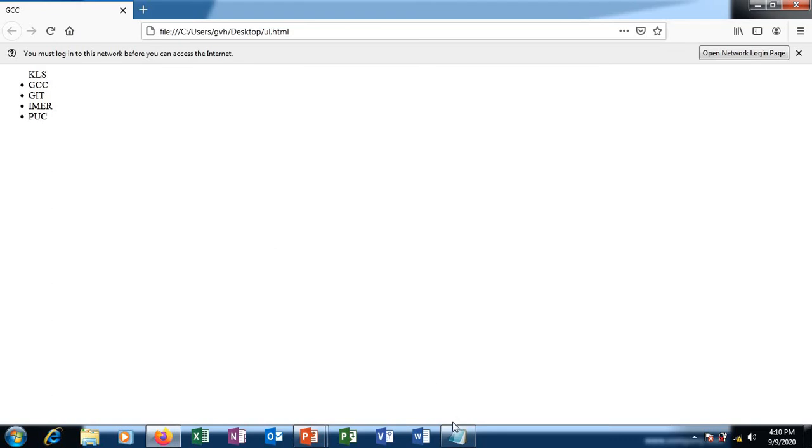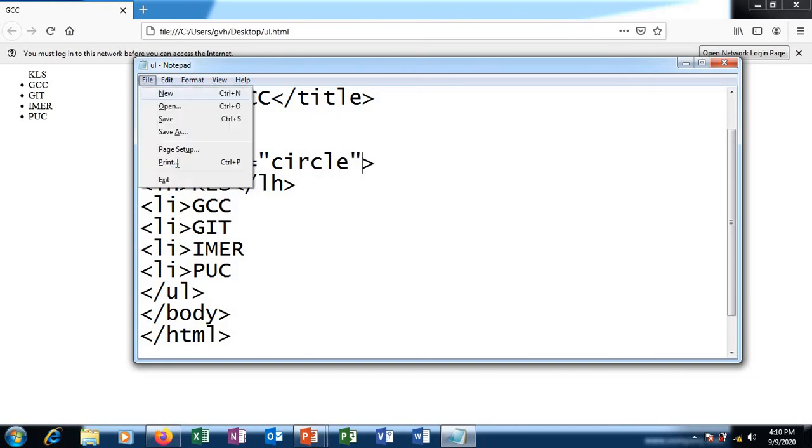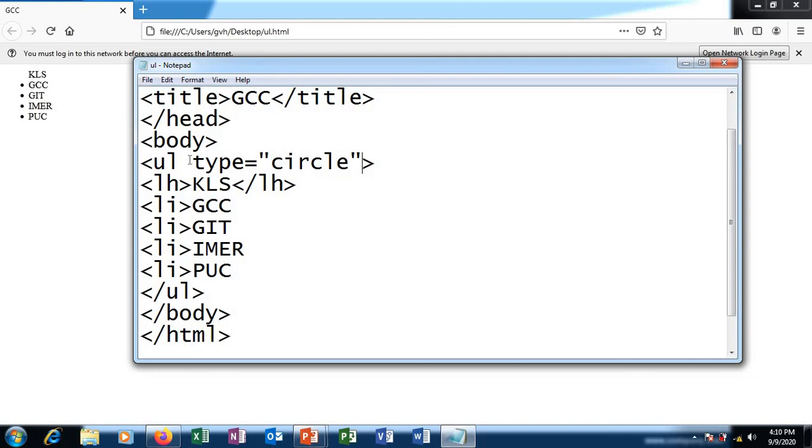Let me now bring in a change in my code. We'll go back to Notepad. As I have added only ul, let me add in now the attribute called type, where we had 3 options. We had disk, we had circle and we had square. Now let me check out with circle. Save the changes, and whenever you add any text value as an attribute value, it should be included within double quotes.